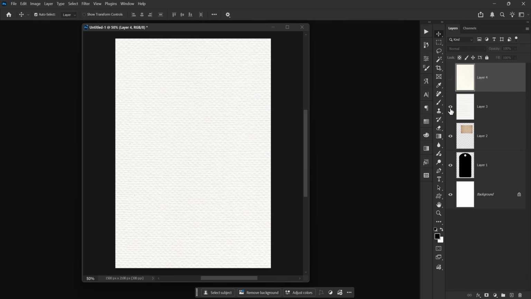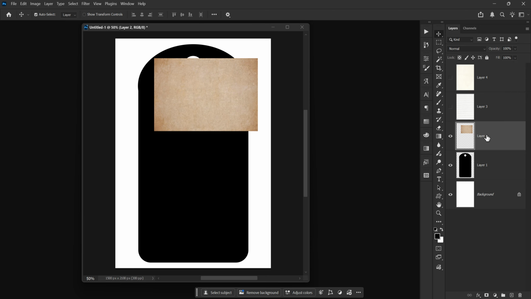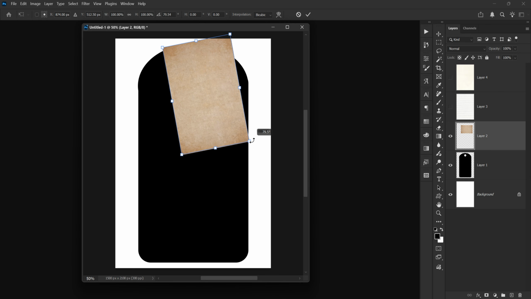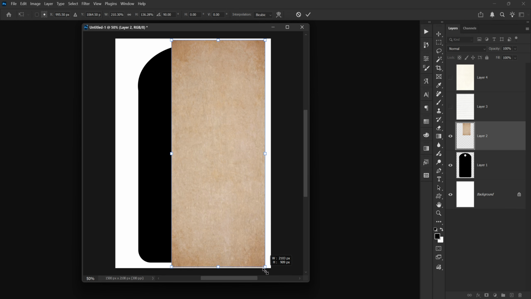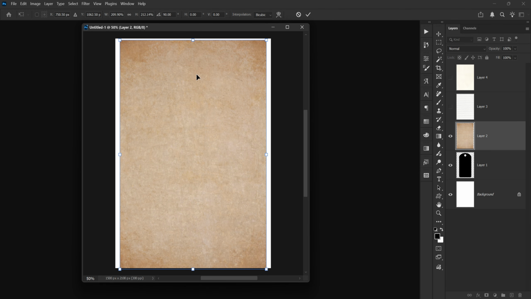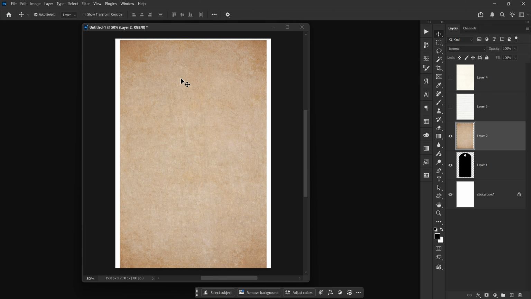So I'm going to turn off these layers, and I'm going to start with that top texture layer. I'm going to hit Control T, and then you see how I have this little arrow. I'm going to turn it, and if I hold down my Shift key, it will center it. And then I'm just going to drag it so it covers. I'm going to double click to commit, and then we're going to make a clipping mask where